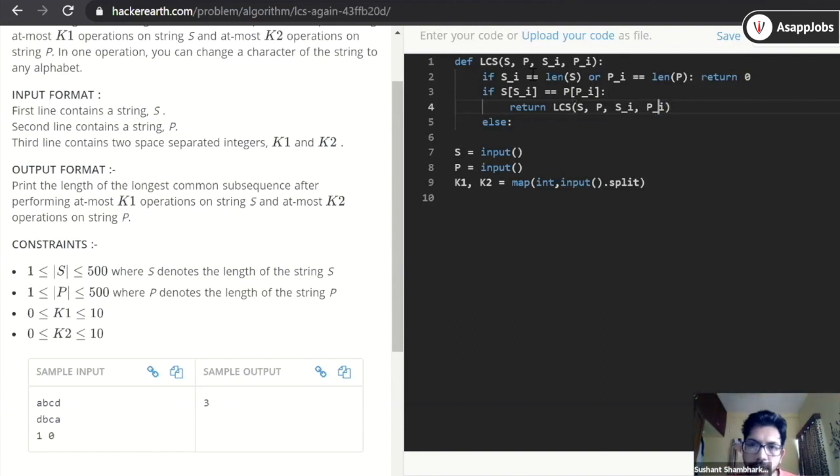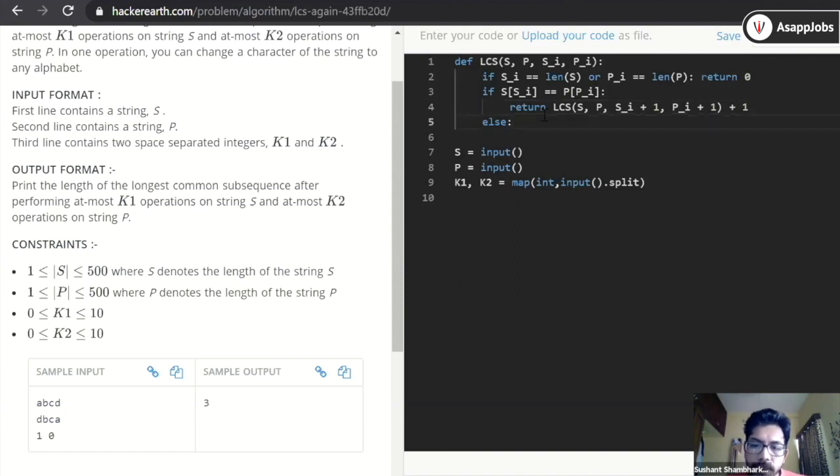Yeah, increment. So we should increment both the indexes because we got a matching character. So we have incremented, and we need to add 1 to the result. This 1 is your LCS. So you have increased your longest common subsequence by 1 because you got a matching character. You will add 1 in your answer.